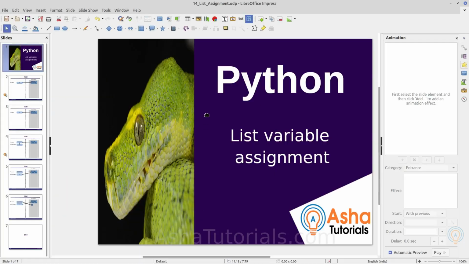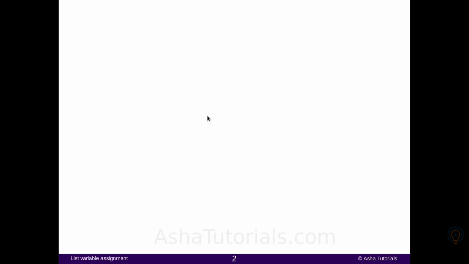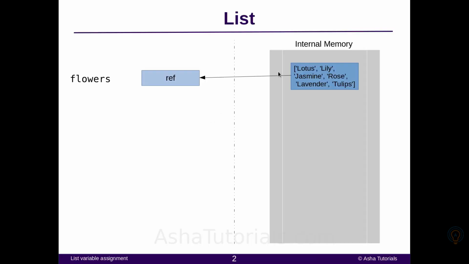So we are creating a list object first inside the memory, and we are assigning that reference or memory address to the flowers variable. So now the flowers variable will be pointing to the list object inside memory. Now we are creating a new variable copy flowers and assigning the memory address of the flowers variable. So it will copy the reference only.